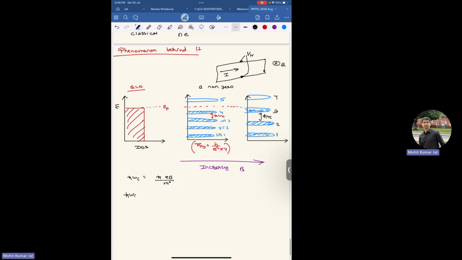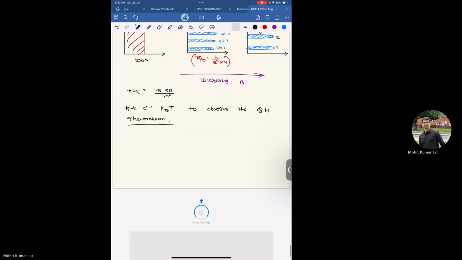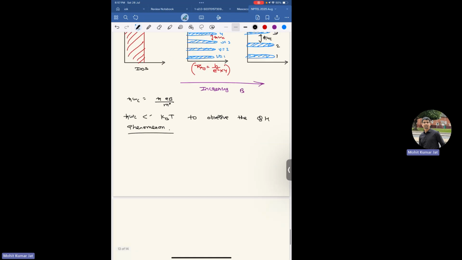H bar omega c has to be greater than kBT to observe the quantum Hall phenomenon. Otherwise, you won't be able to see the quantum Hall. So this is the quantum Hall, and if you measure the Rxy in the system, if you measure the Rxy as a function of the magnetic field,